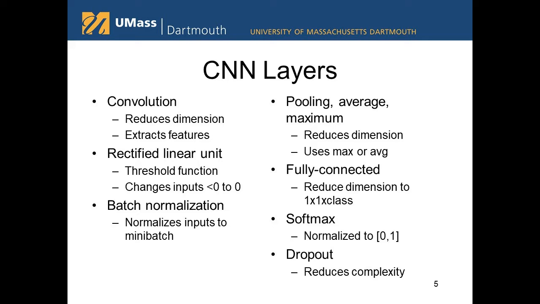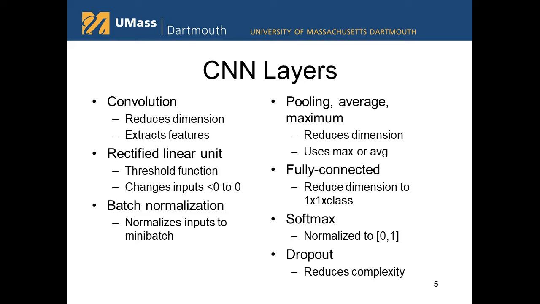This is the basic layer. This reduces the dimension, extracts features. There's the rectified linear unit layer, or ReLU. This is a threshold function which changes inputs that are less than 0 to 0. There's batch normalization, which normalizes inputs to the mini batch. There's some pooling layers. They are average pooling and max pooling. This will also reduce the dimension, and then it can be either a maximum or average in terms of the